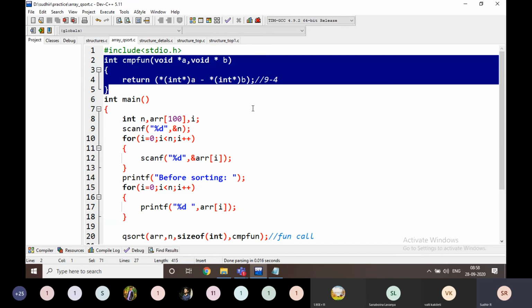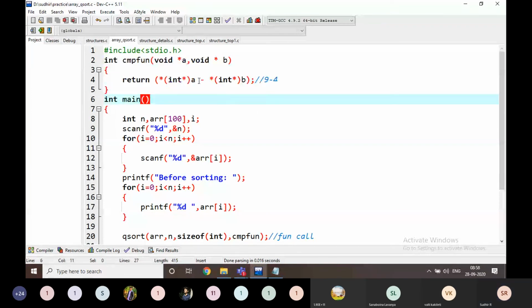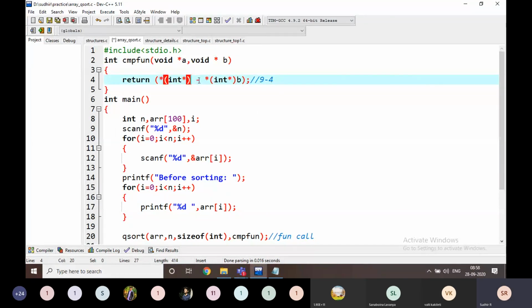Nothing else is there. It automatically works on sorting. That's it. Nothing else. There is no need to write anything here. Five values: 34, 56, 23, 12 and 76.